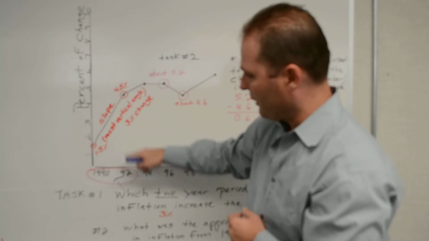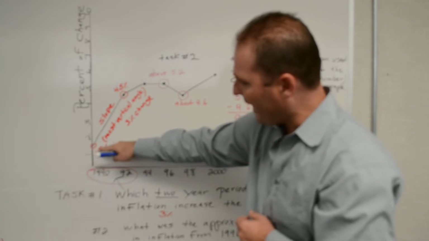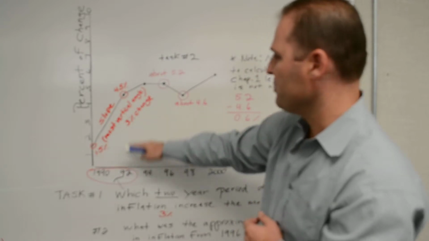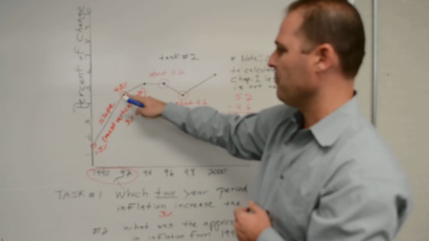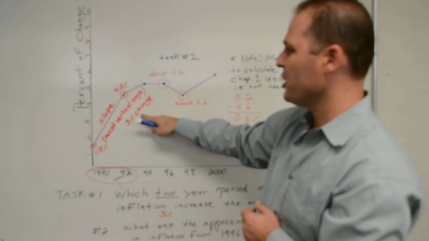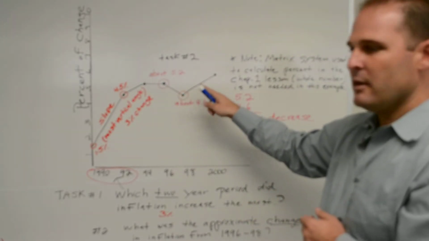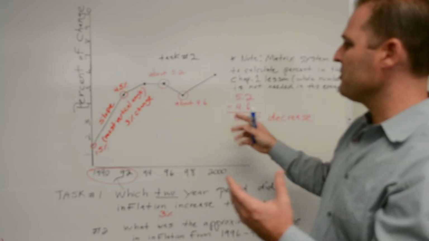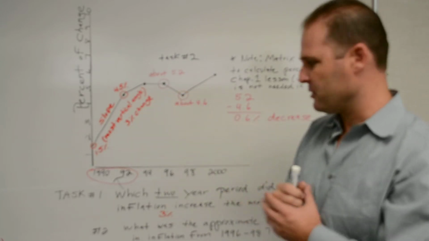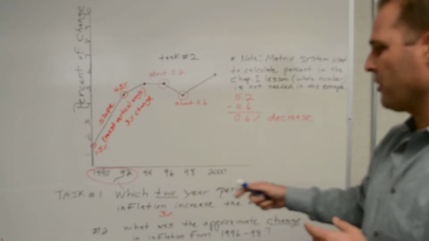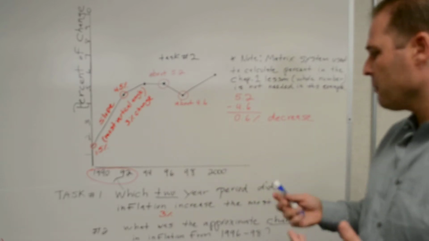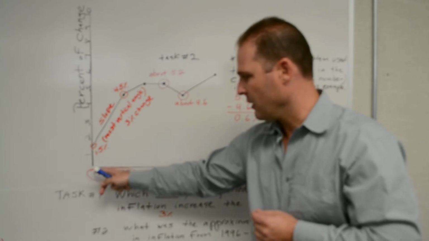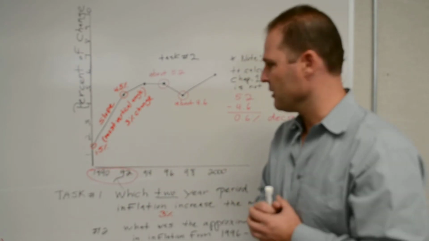And in fact, if we look at 1990, that intersects with the percent of about 1.5. And of course in 92 we have about 4.5%. So that's a 3% change. If we were to calculate the percentage of change with these more horizontal angles, we would see that those are all less than the 3% change. So our answer to the question, which 2-year period did inflation increase the most? This 2-year period here, 1990 through 1992.